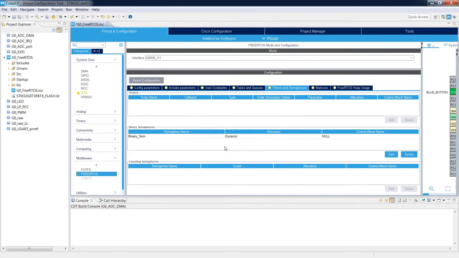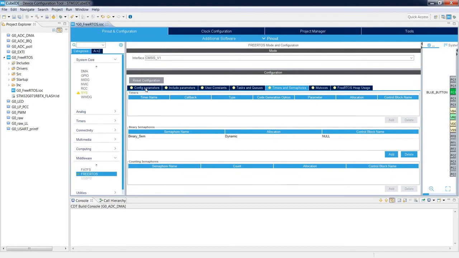We've got static allocation as well in some areas. If we configure the settings of the operating system, we can also use static memory allocation. Please have a look that, for example, in the case of timers and counting semaphores, we cannot add anything. Options are not accessible due to the fact that within the config parameters, we have not enabled those components. Please have a look.